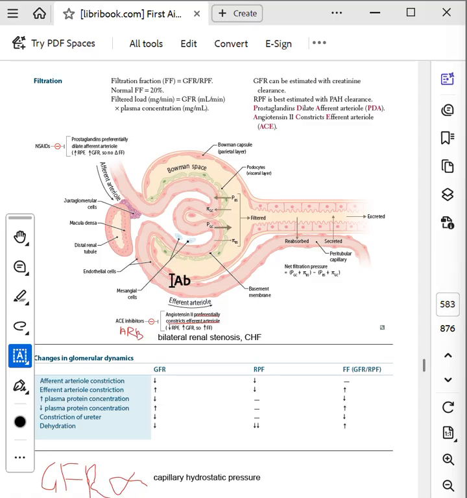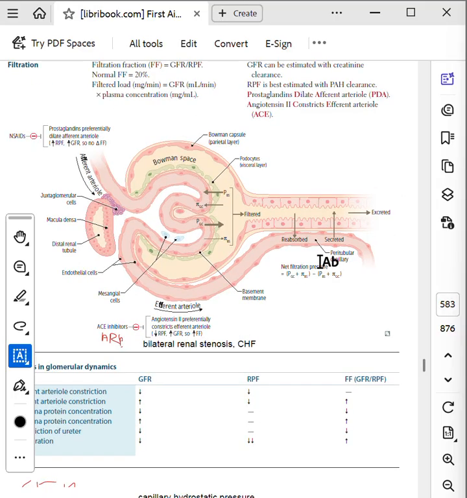This filtration fraction determines the oncotic pressure in the peritubular capillaries and influences the tubular reabsorption of sodium, water, and urea. So, depending on this filtration fraction, the downflow of this efferent arteriolar plasma is dependent on what is happening in this filtration fraction. This dynamics will be easier to understand when we properly understand that this afferent arteriole brings in the plasma that is being filtered into this Bowman space, and the urine flows out and is excreted from here. Now, there's something called the net filtration pressure.